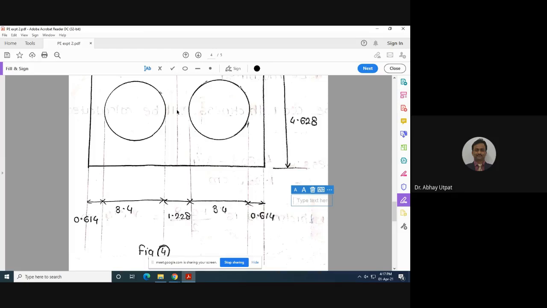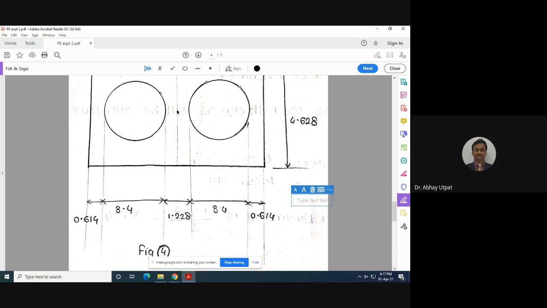So for distributing into two cavities, runners are required. And then runners are connected to gates because gates will open into the cavity. So perpendicular to the plane of paper, there is a sprue and then runner and then gate. So the last step is gating system design. Now just imagine the weight of your component is just over 1 gram. So for this small component, very small gates and very small runners are required.